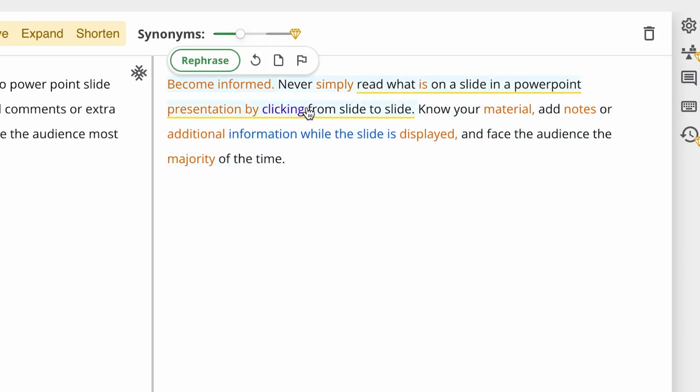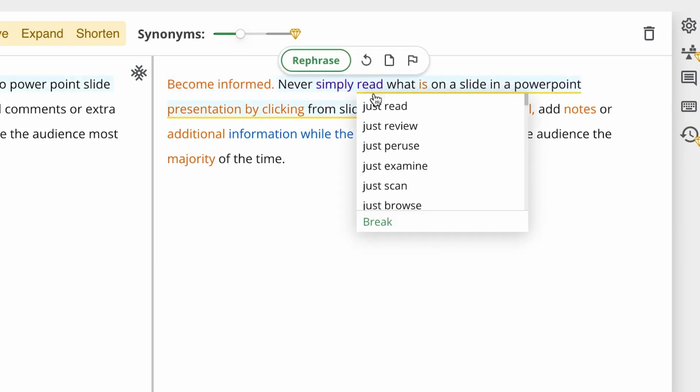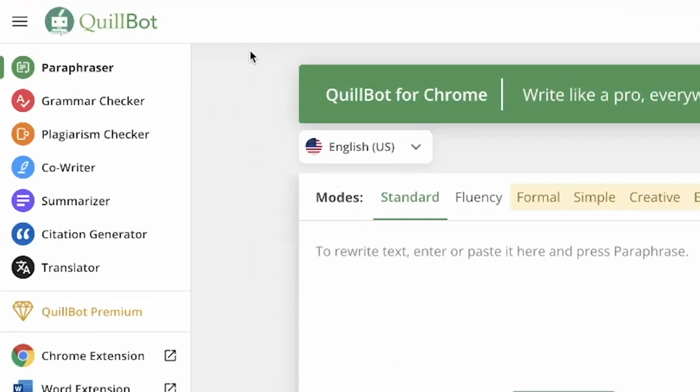It goes beyond that, in that Quillbot can give you the opportunity to check plagiarism, because many people are aware that the main feature it has is in paraphrasing, but it goes beyond paraphrasing. It can give you grammar check, it can do plagiarism check for you, it can do co-writing, which is one of the key features of it that I like.